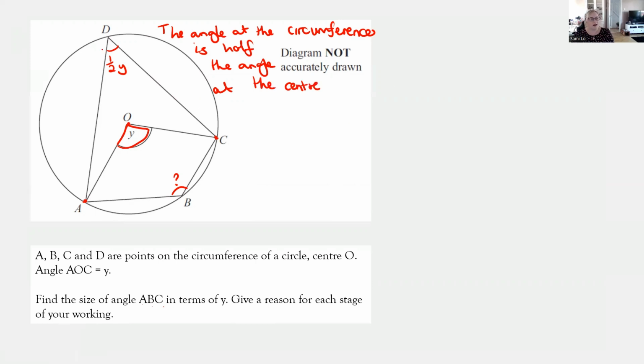Okay, once we've worked that one out, we've then got the other circle theorem coming into play here. And this is where we've got the points A, B, C, and D. They're all hitting the point of the circumference. So we can use that rule that the opposite angles, so this point right here and the one we're trying to find out, are going to add up to 180 because they're in a